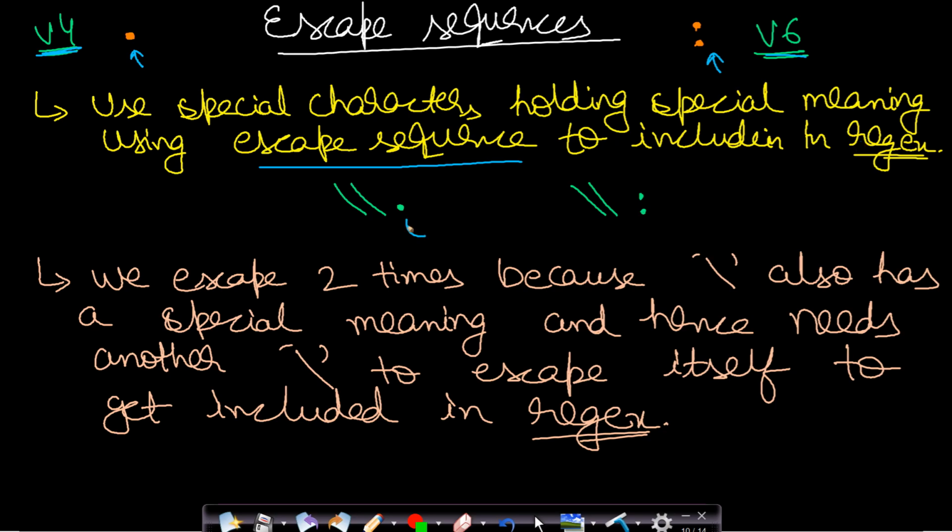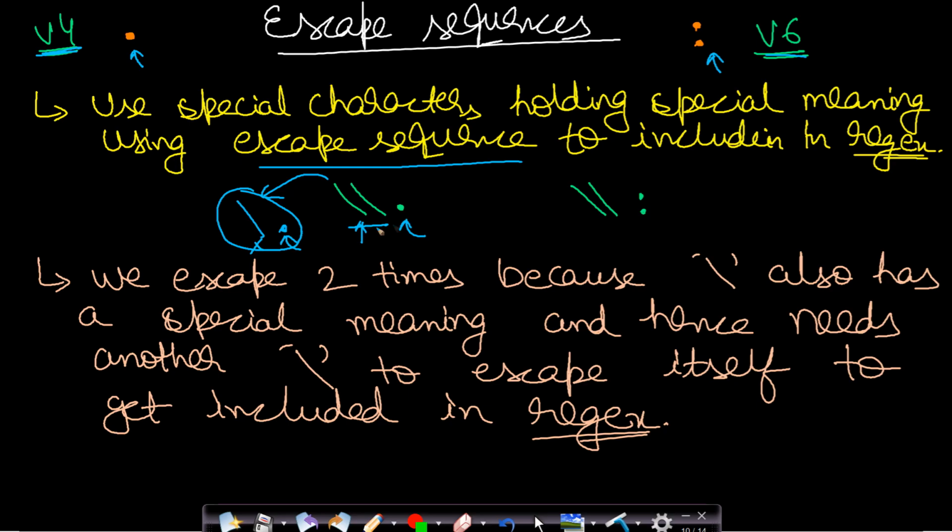So in this case, if you want to include this dot, then you will have to give an escape sequence, and the escape sequence also holds special meaning. Therefore, in order to include this escape sequence, you will have to include another escape sequence, because when it is compiled, these two escape sequences will be converted to a single escape sequence, okay, and this dot will still remain here. So this will be the compilation result, and this will mean that you want to include this dot in your regular expression, so this will also be discarded at the end.